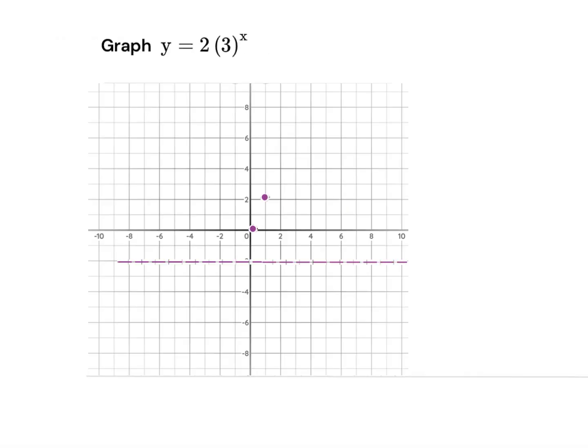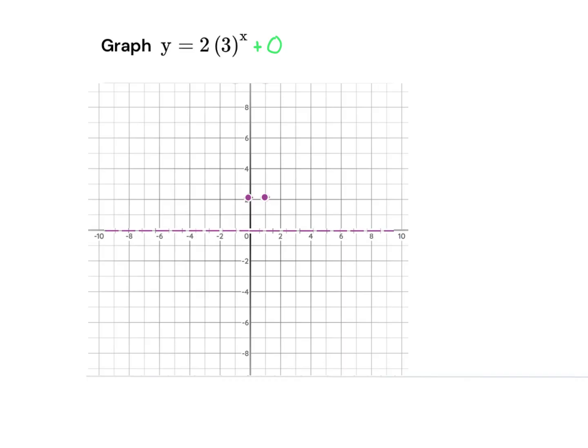We finally get to some graphing exponential growth or decay functions. Once again, you start by identifying your asymptote, which is the k value, which is the number that's being added or subtracted at the very end. Since there is no number, you could put a +0 right there. So we know that our asymptote, this line right here, you're going to have to shift it up to this location. However, when you try to move this up, it won't let you because there's a dot already right there. So what you have to do is first move this dot somewhere else. Let's say right there,